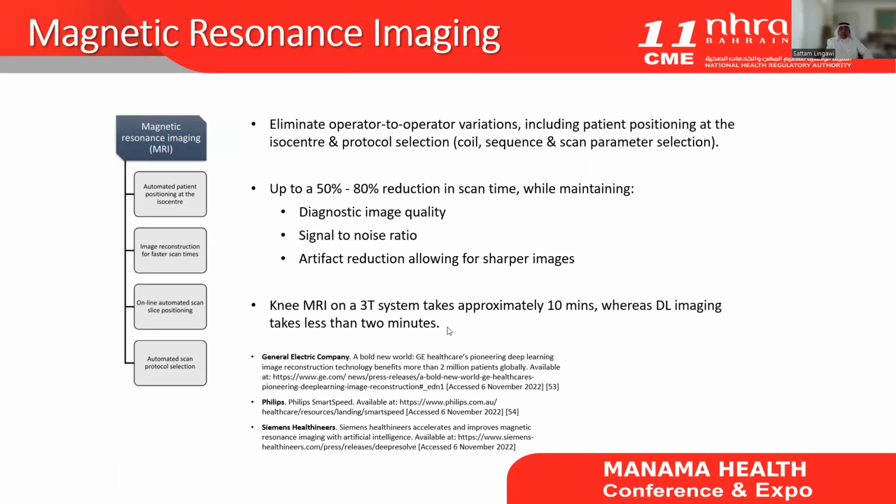Similar things can be said about the radiographic part of MRI in terms of eliminating operator-to-operator variation, particularly in patient positioning, isocentering, and protocoling, the proper selection of the coil, the sequence, and the scan parameters. All this improves the image quality, reduces the noise, improves the signal-to-noise ratio, and eliminates any unnecessary artifacts. All this improves image quality as well as scanning time and reduces the patient waiting